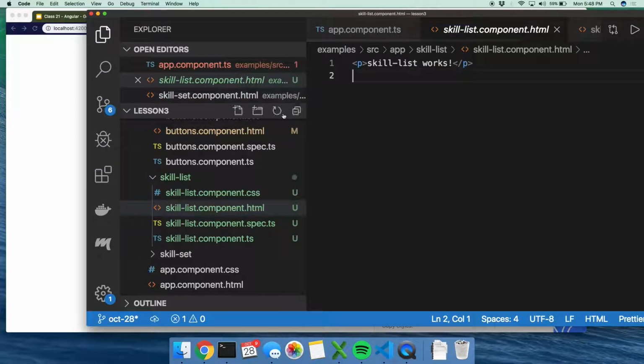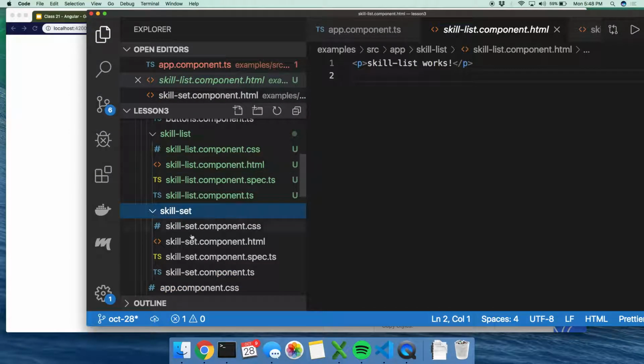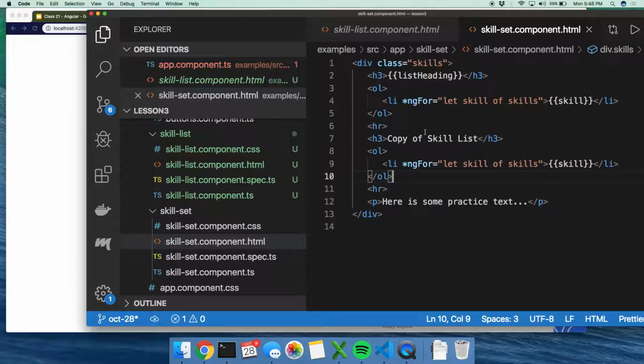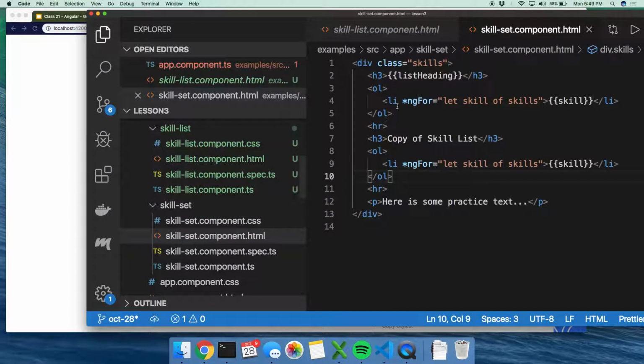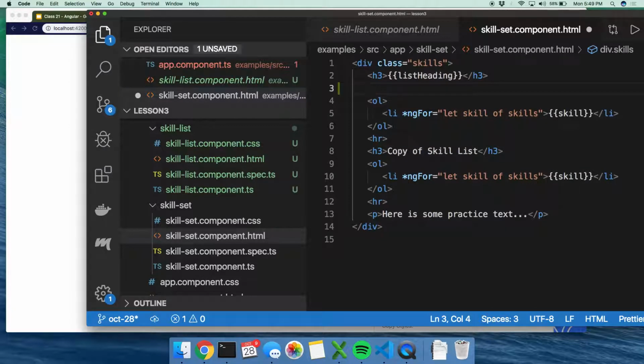So now what we're going to try to refactor is we're going to try to bring in the logic from skill set, and bring it into skill list, because skill set doesn't need to be doing two different things here. So the first thing I'm going to do is actually just include